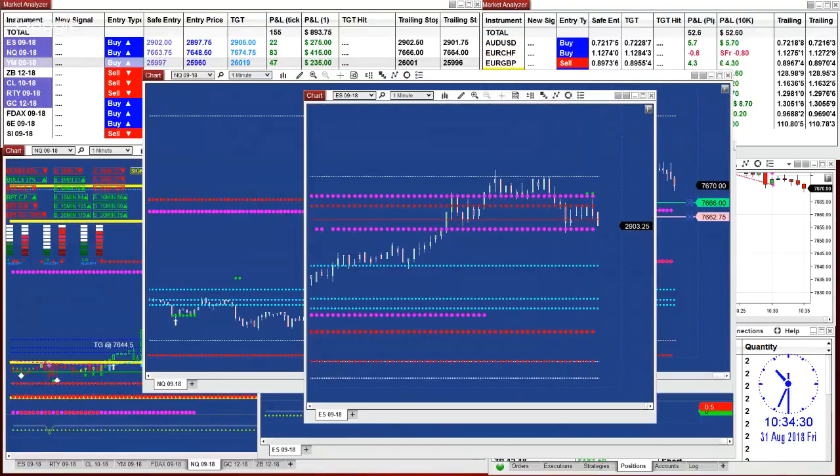I have no clue where this market is going or how they wanted to do with it. So I don't want to guess. I don't want to guess the breakout. I can